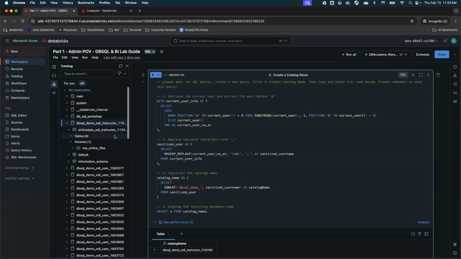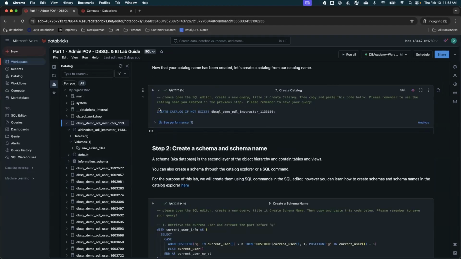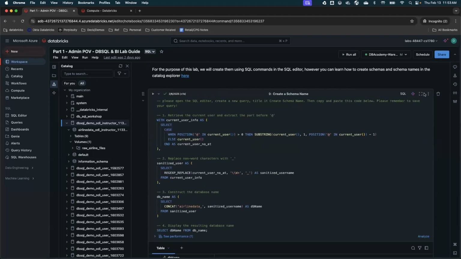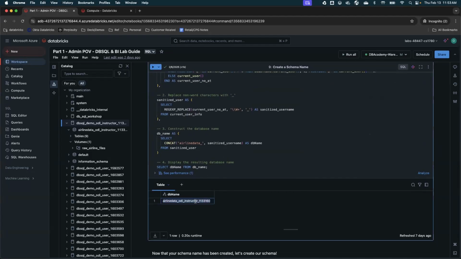Now, where catalog is not efficient: when I create the catalog, I can only see default and information schema right here. So, considering too many people coming in, I created the schema already. I created the catalog, and on top of that, we are going to create schema. Once you run the query for cell 9, you will be able to create schema, and you will be able to see the schema name here. Make sure you copy the catalog and schema name and keep them handy, because all underlying queries will require the catalog and schema name. That way you can easily copy paste them.